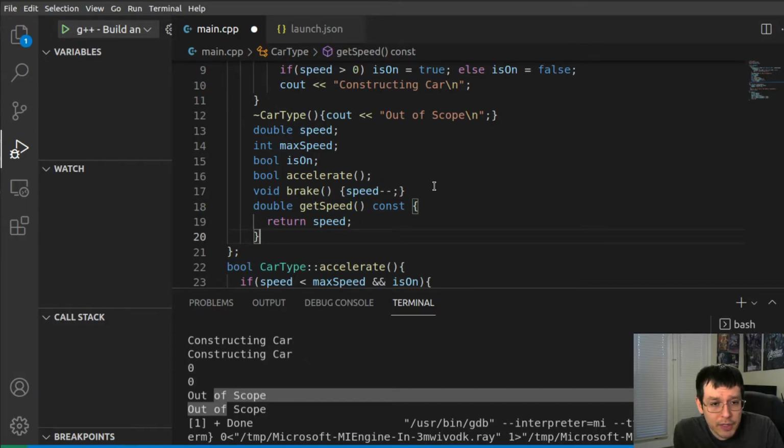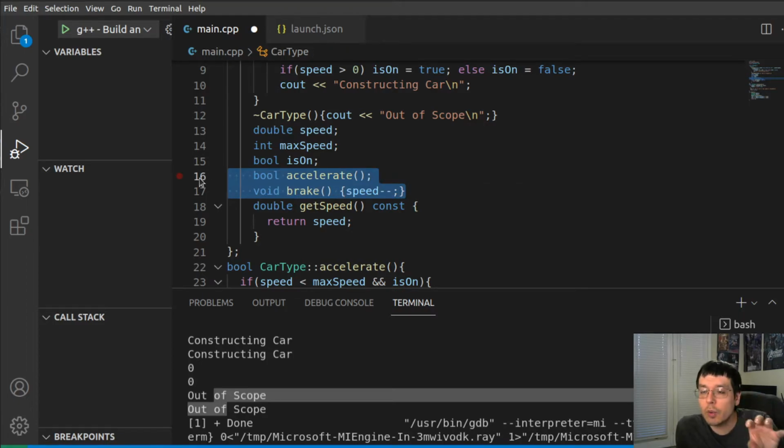And why do we do this again? Because this part is where we can protect ourselves from getting bad information, like getting bad speed data or trying to make the user accelerate all of a sudden from 0 to 2000 in one go. This is where you can do your error checking and you can sanitize your input. You can do all these things before you let the user modify things internally, okay? That's why